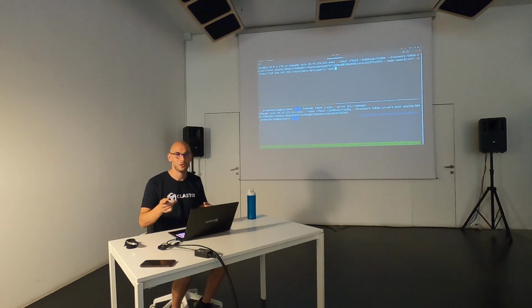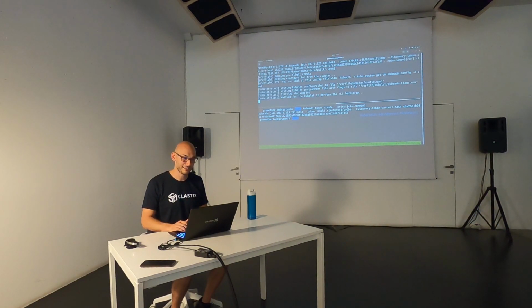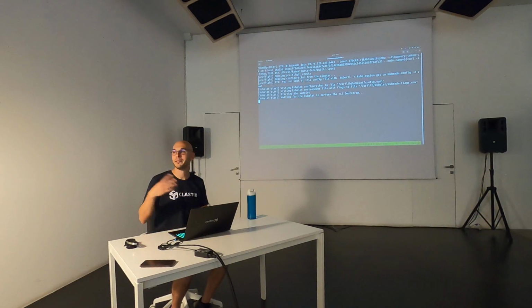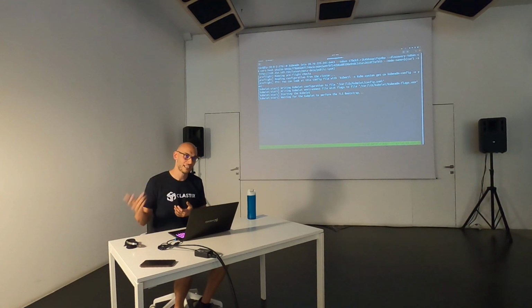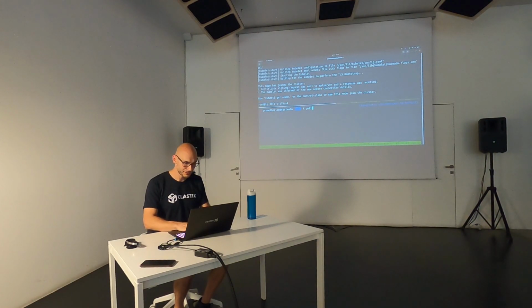So with that said, we are launching kubeadm, and kubeadm is performing the kubelet configuration. It means that it's generating the request, asking for the certificates, downloading them, configuring the kubelet, and in a glimpse, we should see here the node that has been deployed.